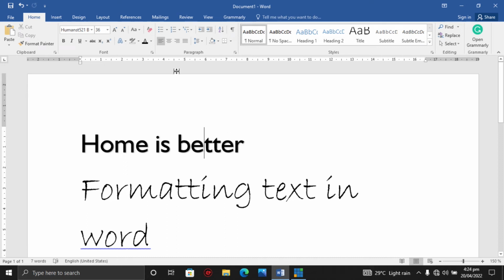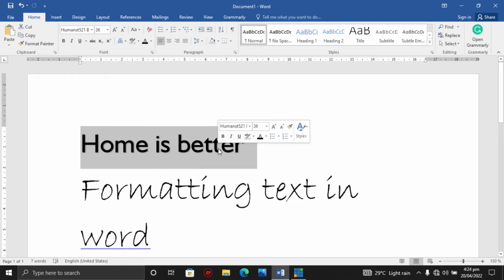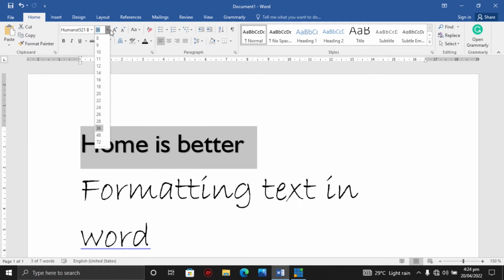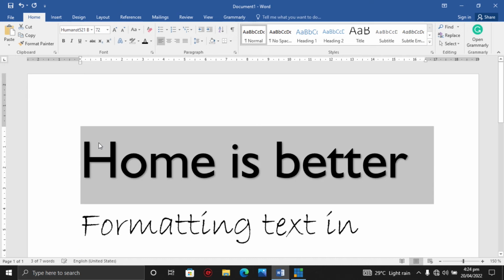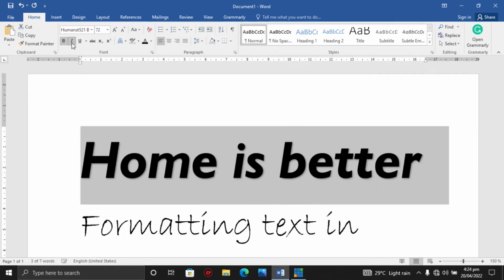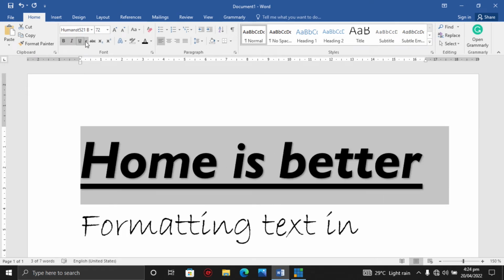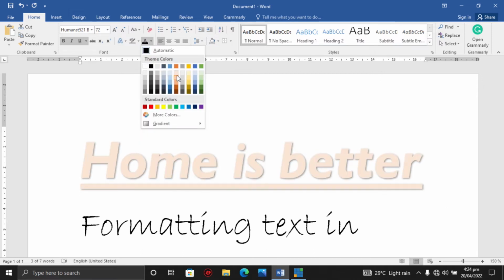Here we have this tool called clear all formatting. The clear all formatting tool is going to clear all the edits that we have added to the text, be it font style, size, color, and case. So if I do this, I like this home is better, change the size to 70, bold, italicized, underline, change the color to whatever color.